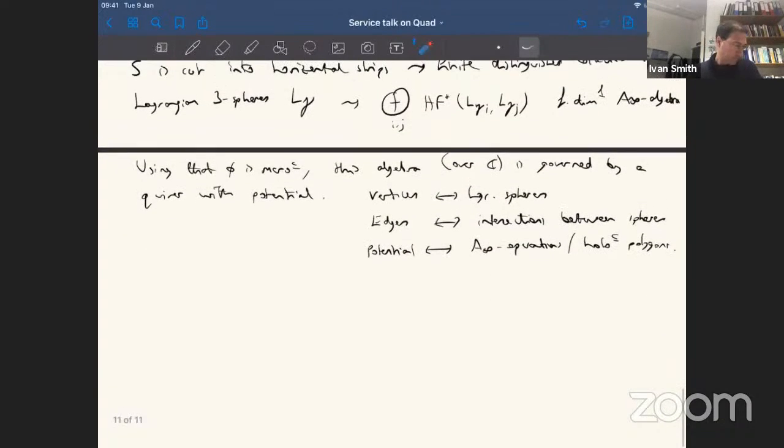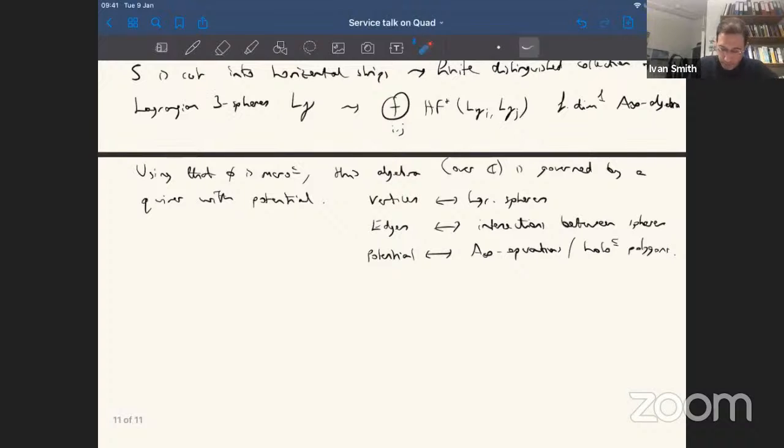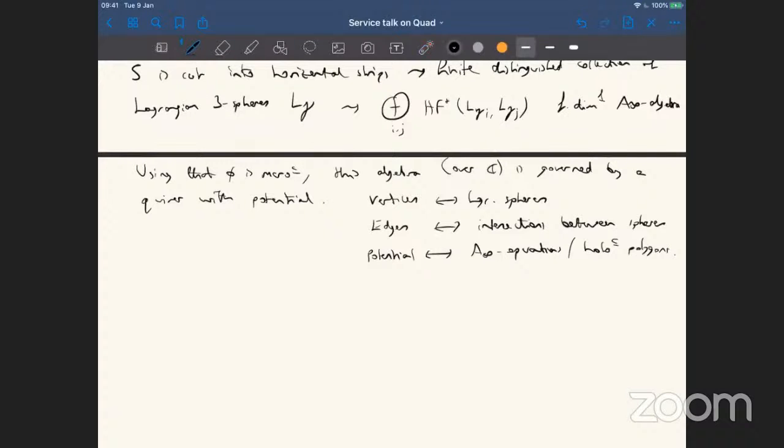Okay, so. Sorry, question? Yeah. Do you have an interpretation of the Hochschild cohomology of this algebra? Yeah, yeah. Yeah, so